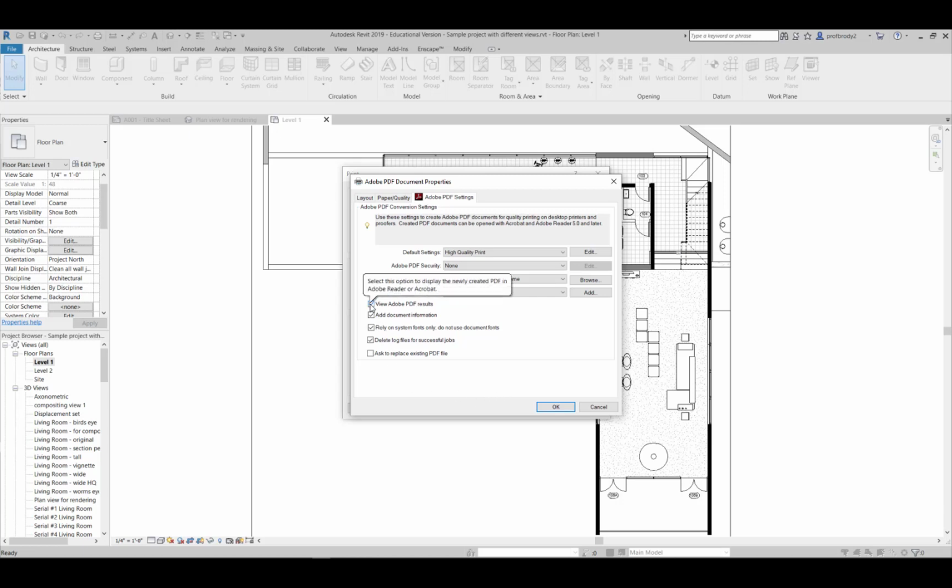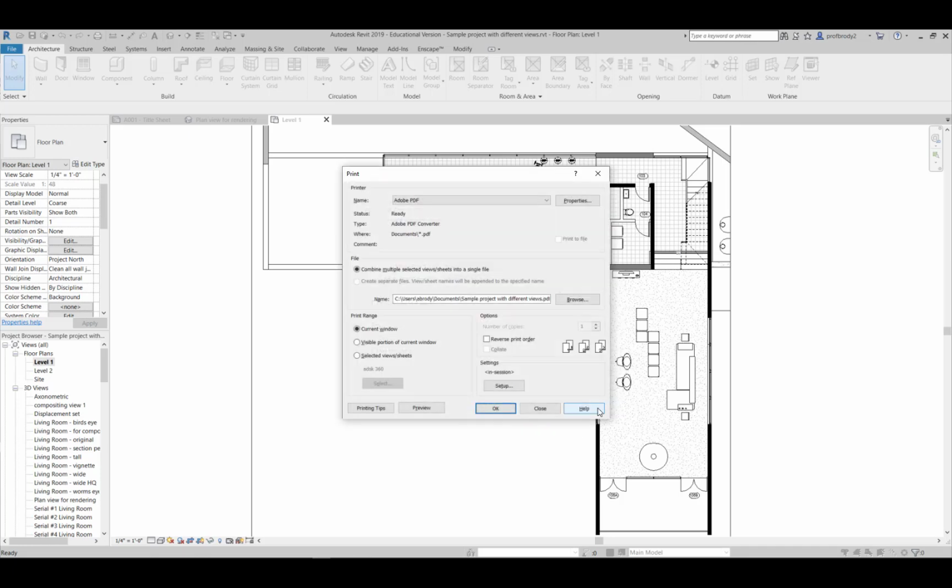Anyway, I don't want to see it afterwards. I'm just going to open it in Photoshop. So you click OK and save your image. Now,